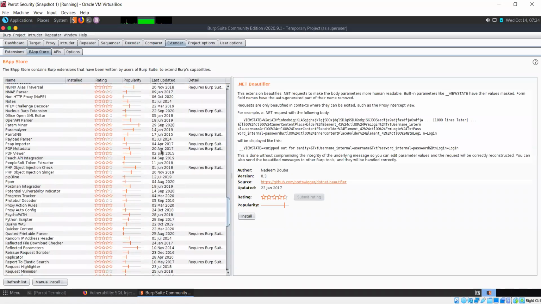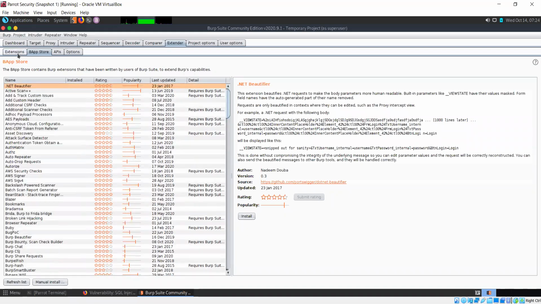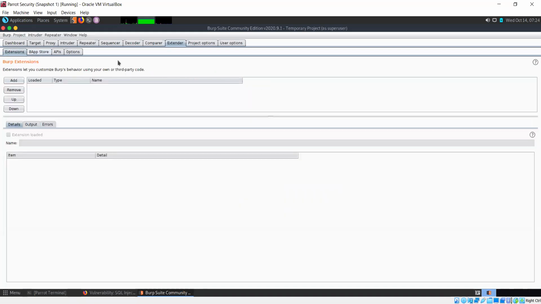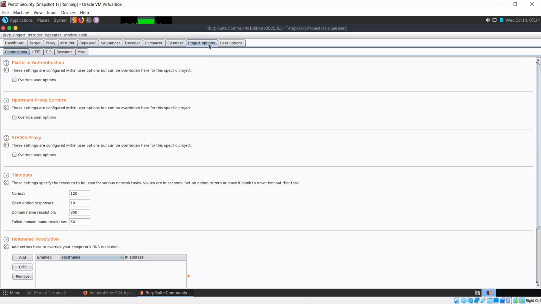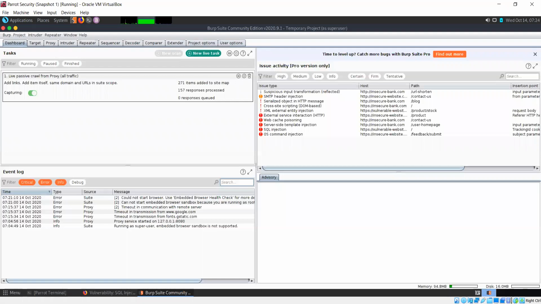It's a lot of stuff here, so you can use that. So these are the different tabs in Burp. This is just different options. Nothing to see here. Mostly we don't need to change these. So that is it about Burp.